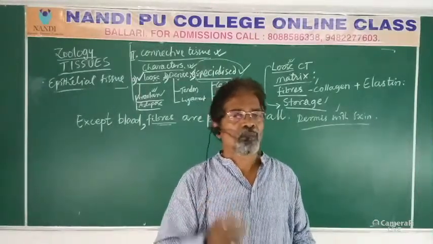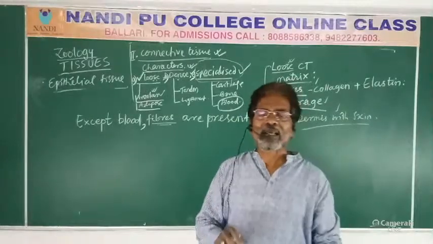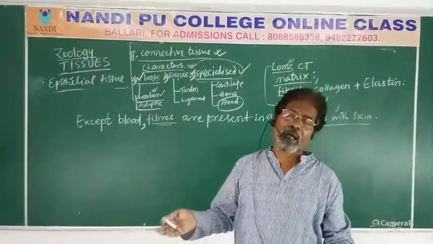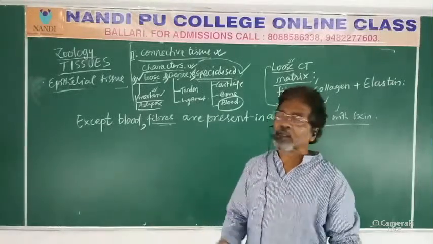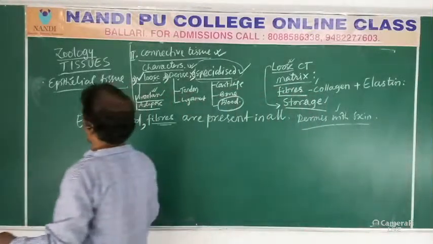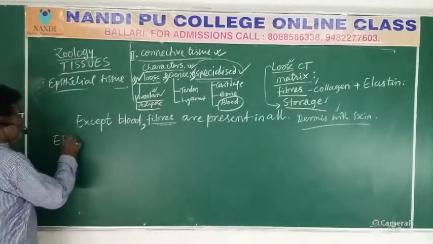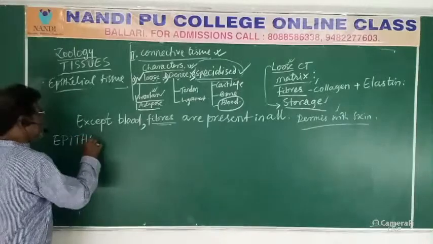Right? Now anyhow, with these characters we are going, and epithelial tissue can be originated from any type of germ layer. They may be developed, originated from endoderm, ectoderm or mesoderm. I am writing the statement, full you write down, epithelial tissue